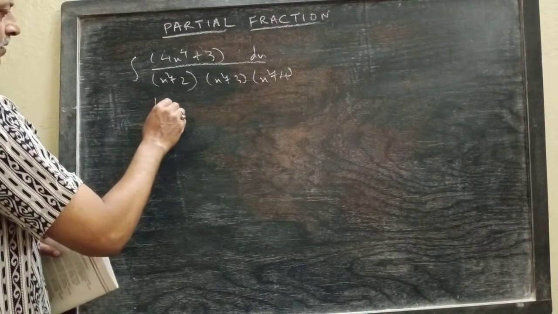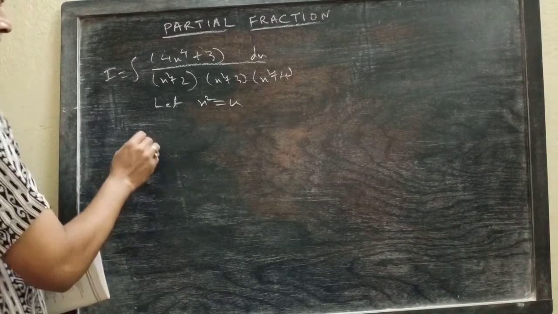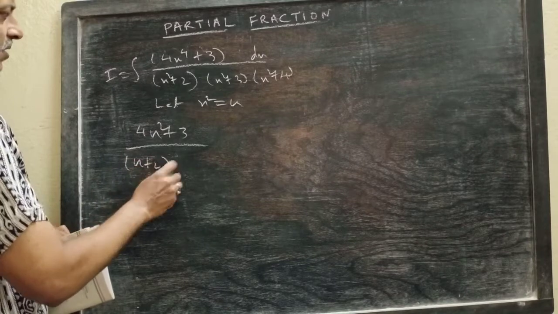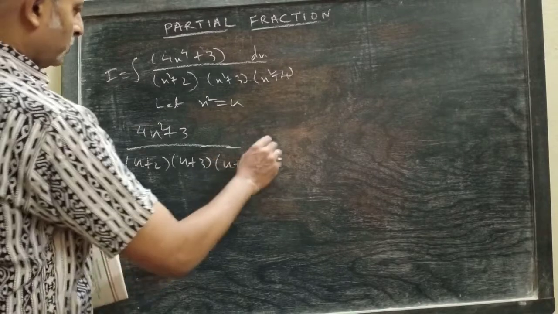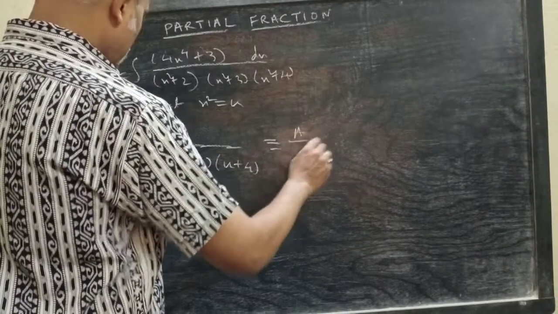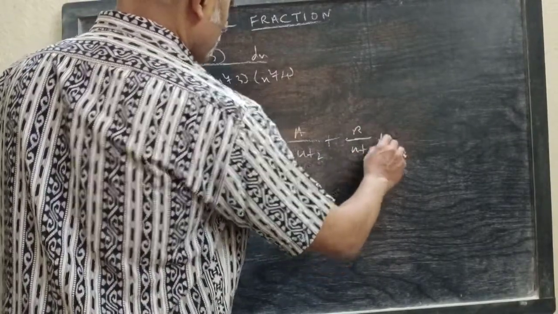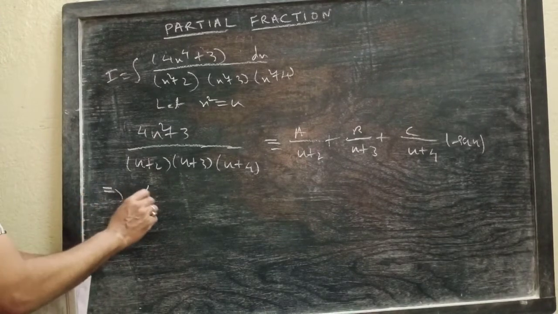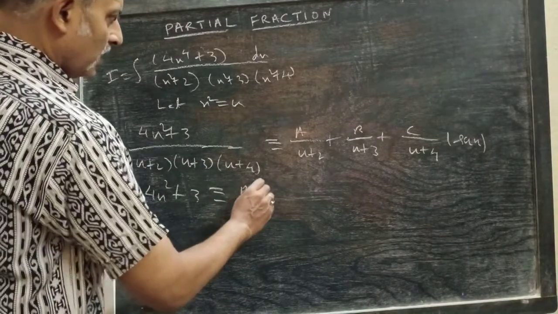If we take x square as u, then the fraction becomes (4u square plus 3) by (u plus 2)(u plus 3)(u plus 4). This can be decomposed as a by (u plus 2) plus b by (u plus 3) plus c by (u plus 4). Now multiplying both sides by the denominator, you get 4u square plus 3 identically equal to a into